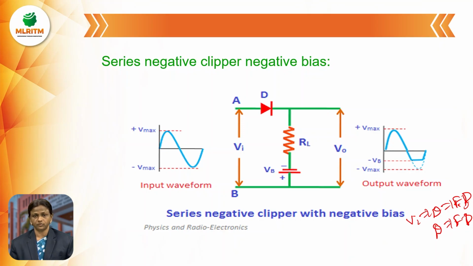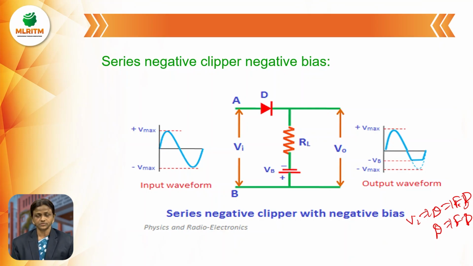Whenever the diode is in forward bias, it conducts, or it acts as a closed circuit. So some current is passing through diode D, and the same current is also passing through load RL. Therefore, the output voltage V naught equals IL multiplied by RL, and then you can get the corresponding output. Due to the input voltage VI and the biasing voltage VB, the diode is in forward bias only, so there is no cutoff or removal portion during the positive half cycle.